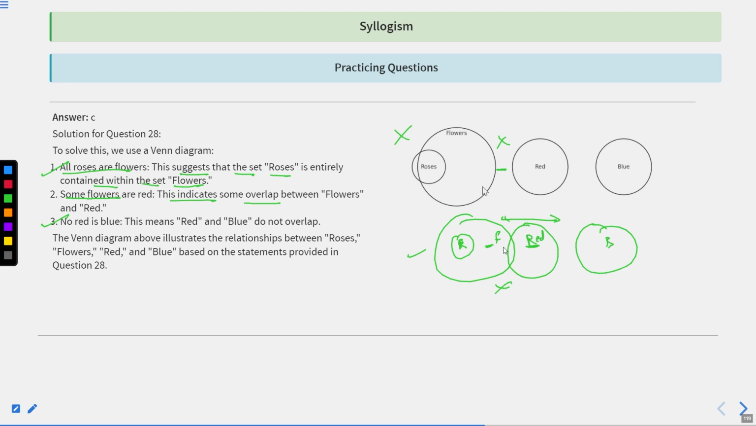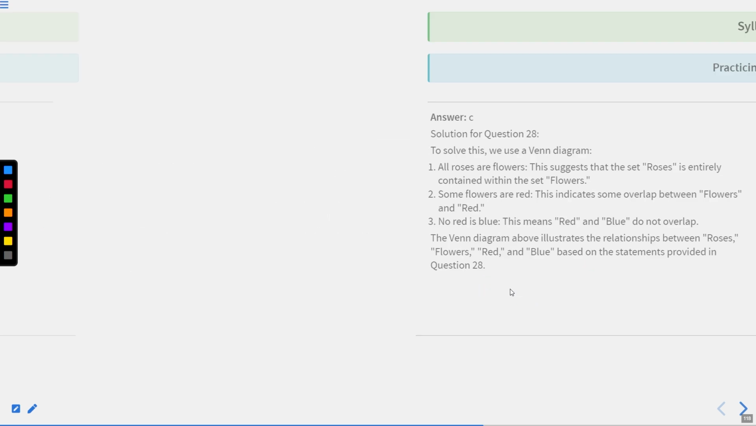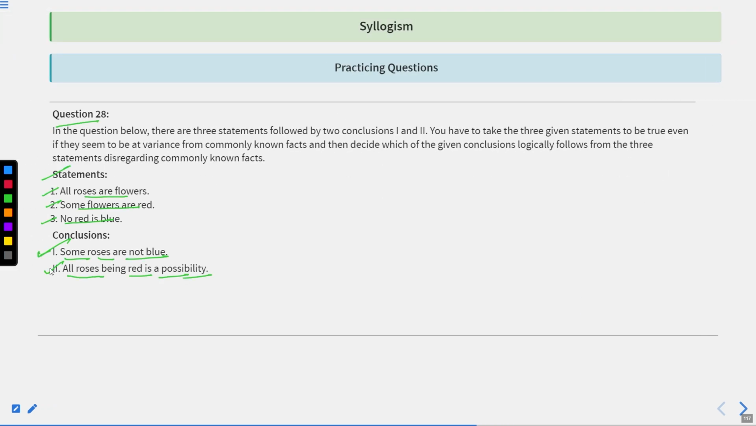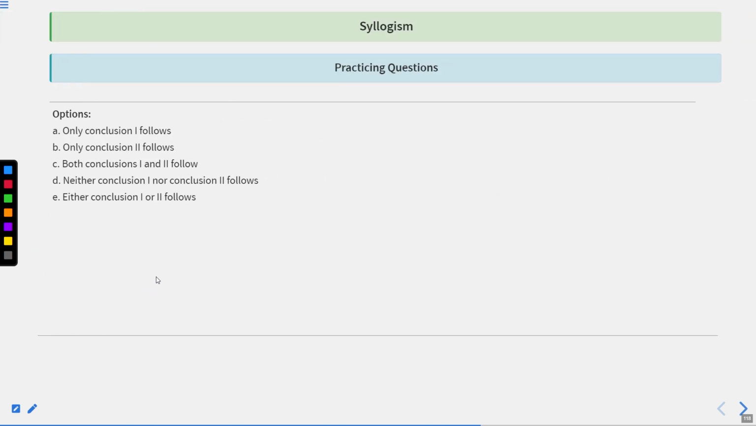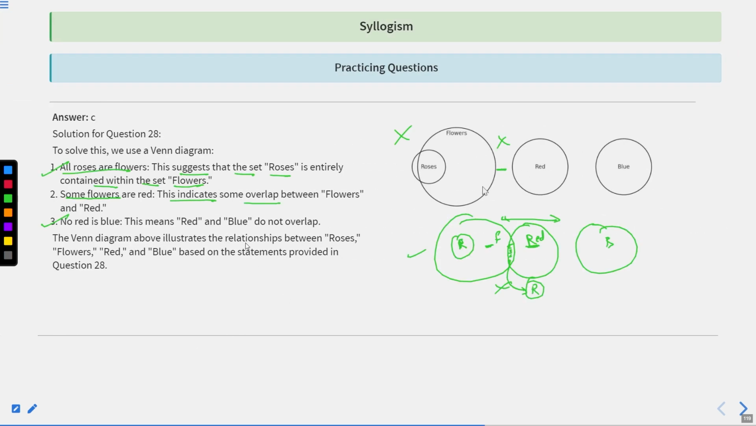We cannot say that the area where some flowers are red also contains red which is the roses, which is not true. So the second statement, all roses being red, is a possibility, but we cannot infer anything from this. So the correct answer for this particular question will be only conclusion 1 follows. The correct answer for this question will be answer A, not answer C, my dear students,